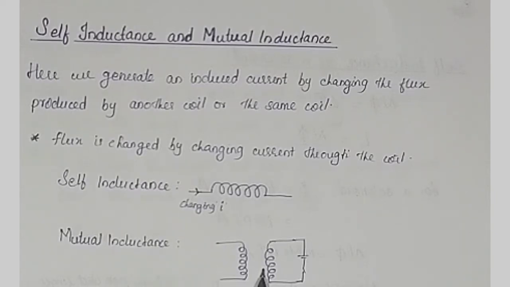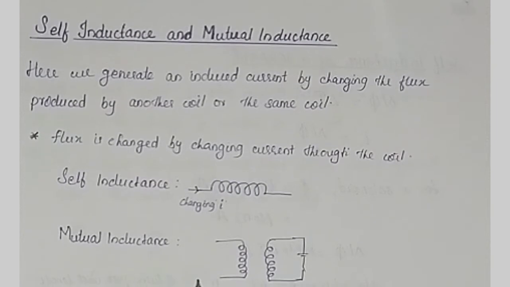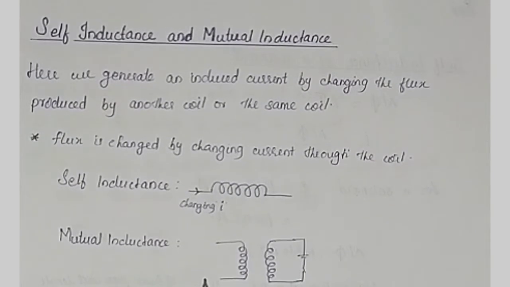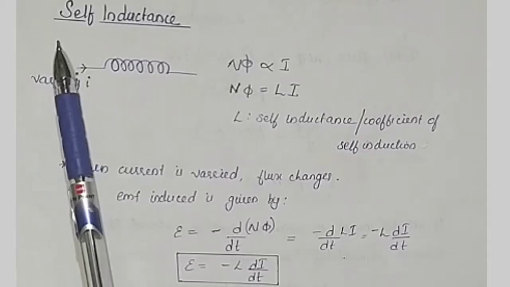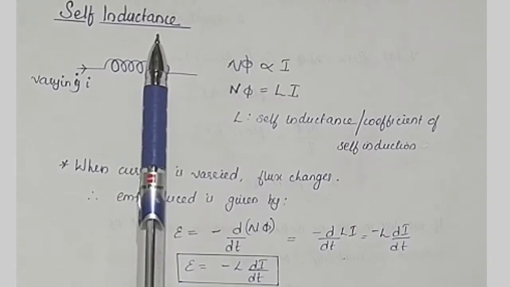And if we take the case of two coils placed nearby, and by changing the current through a coil, we are changing the flux associated with the other coil and thus inducing an EMF in this coil, then this method is called mutual inductance. So this is the basic idea of self-inductance and mutual inductance. Now if we analyze the self-inductance in detail,